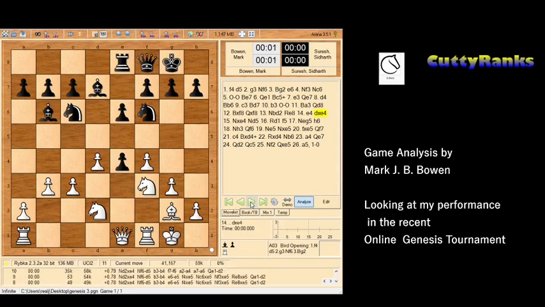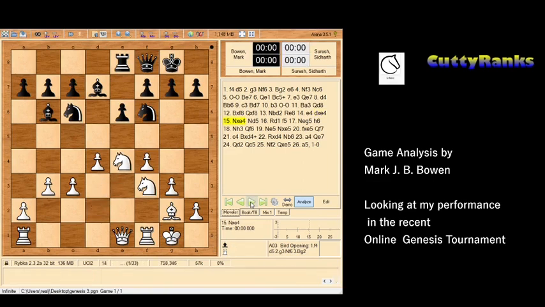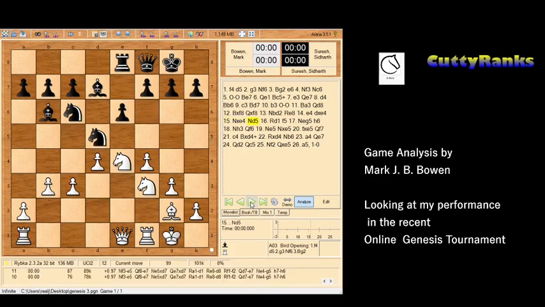Whenever you have a material advantage, it's good if you can bring those extra pieces into the attack. Or if you can exchange pieces, the remaining pieces become that much more significant. So with each exchange, I'm feeling a bit closer to victory here. And now I begin to realize there's some play